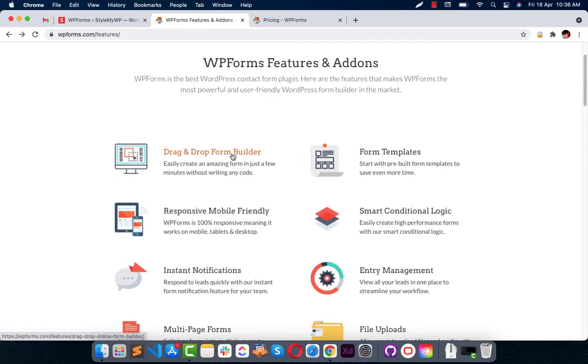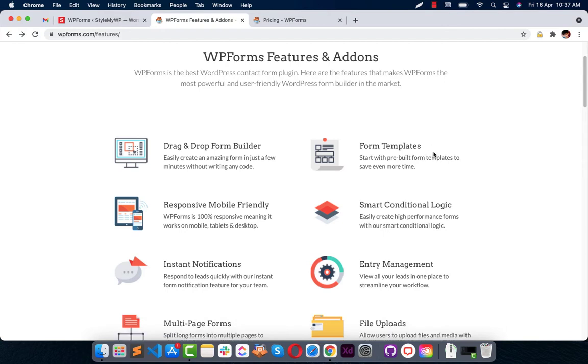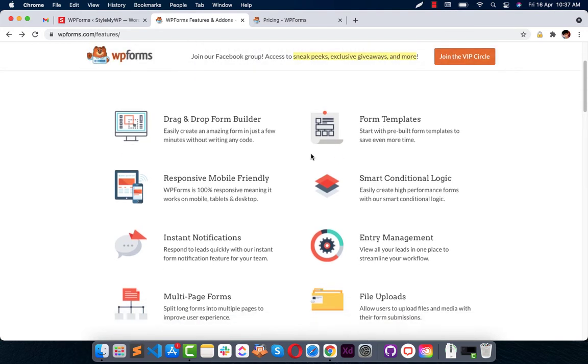It's a drag and drop form builder, so you don't have to worry about writing any code. You can just drag and drop the fields to make the forms, and you get the field settings to additionally input any placeholder tags, labels, conditions and all that. Here are the form templates that let you create your form very easily without spending any time. Here are booking templates, a user registration form, all the templates are there in the library.